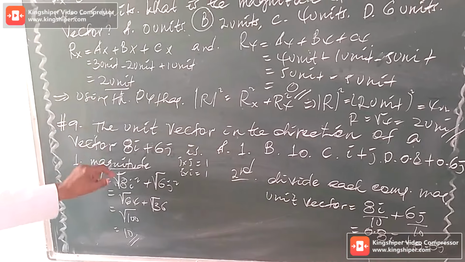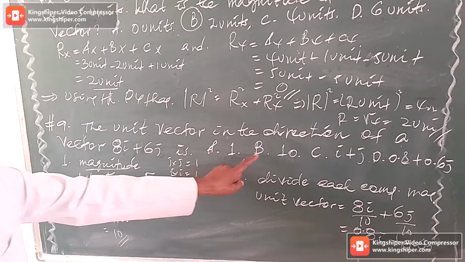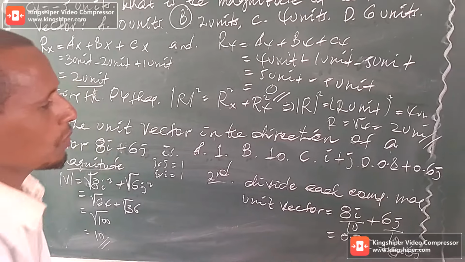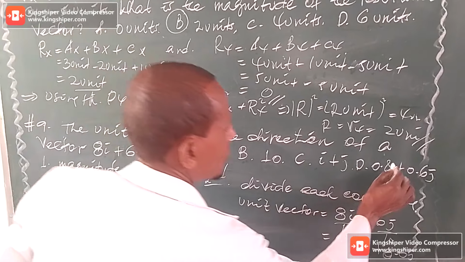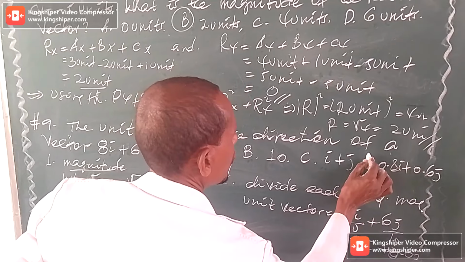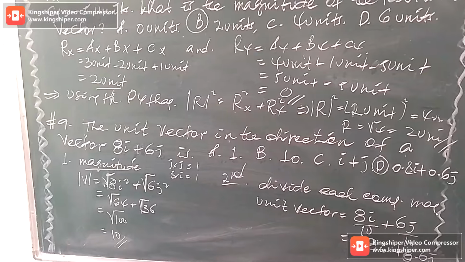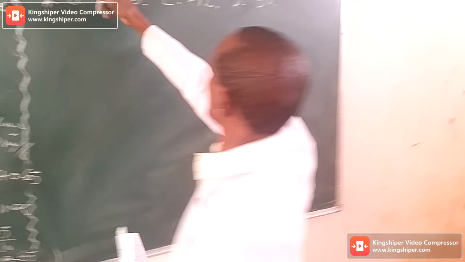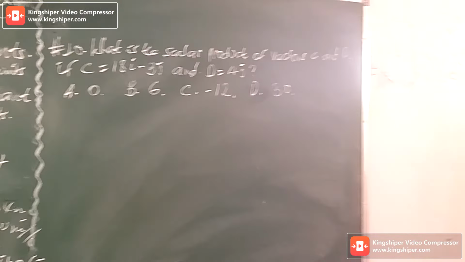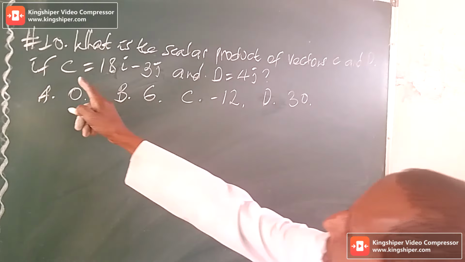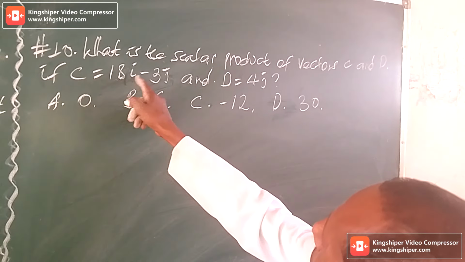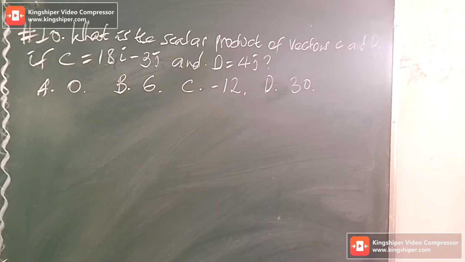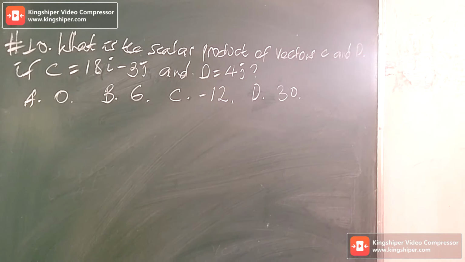When we come to the given alternatives, choice A says 1, choice B 10, choice C i plus j, choice D is 0.8 i direction plus 0.6 j direction. So this is the correct solution. The next question, question 10: what is the scalar product of vectors C and D if C is equal to 18 i direction minus 3 j direction,